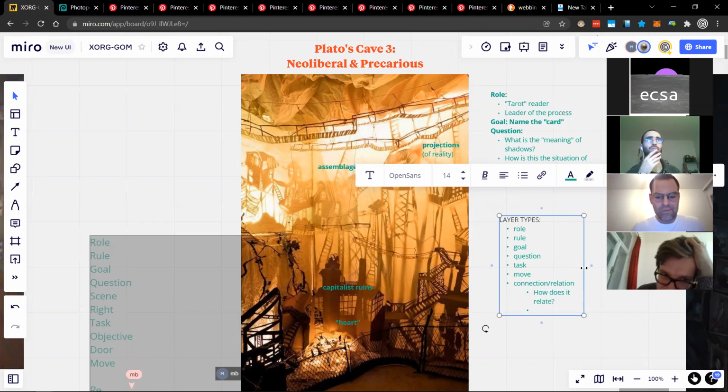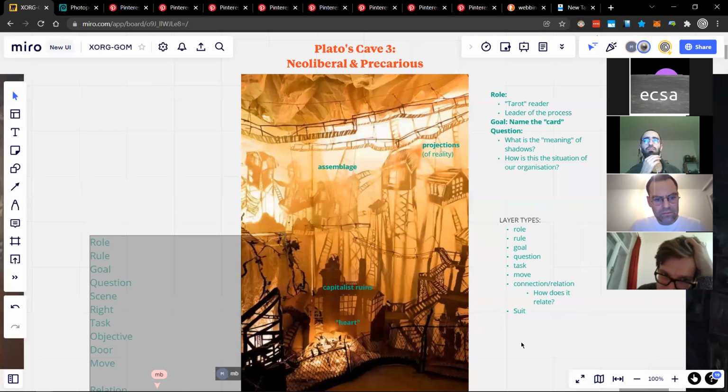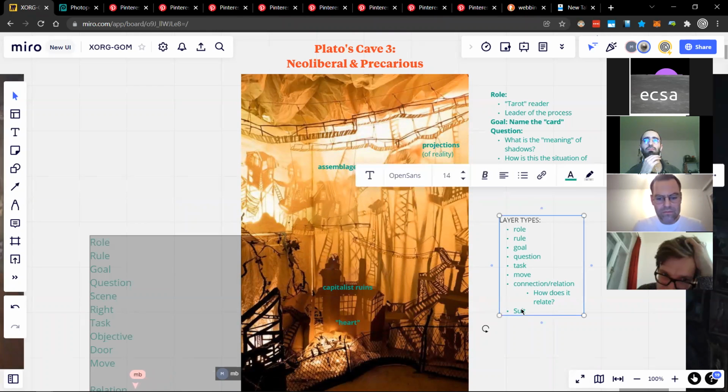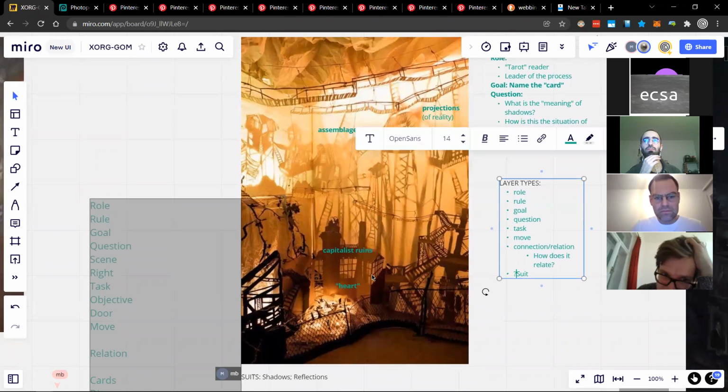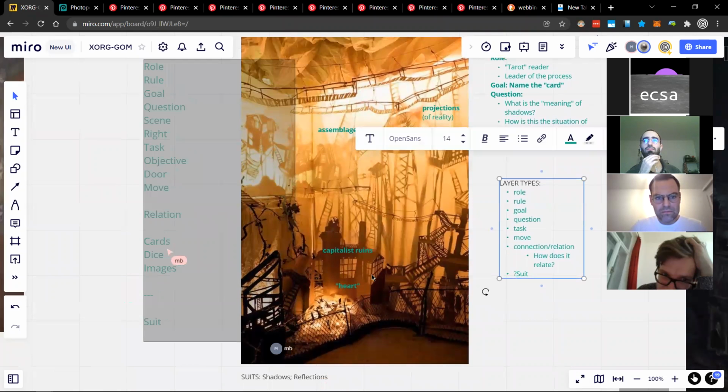And then as a wacky topic, just to put because it's already kind of there, which is the suit. Let's put it with a question mark, because it's fairly particular. It works with this image, for example, to say now this is a tarot suit called reflections.